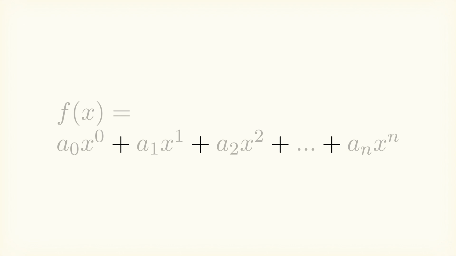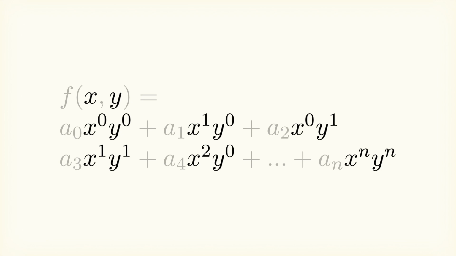A polynomial is the sum of many products, and each product is the multiplication of variables and coefficients. Coefficients are fixed, they are part of the definition of the polynomial, and variables are allowed to change. Because the value of the variables is not fixed, we can think of the polynomial as a function. It is a function that accepts the variables as input, and when computed with the fixed coefficients it holds, the polynomial will give us back a value. Polynomials can also be defined with several variables, but we'll stick to one to make the reasoning easier to follow.